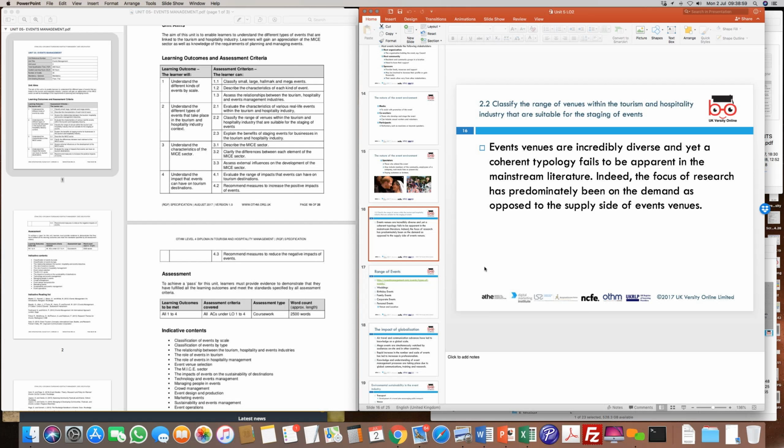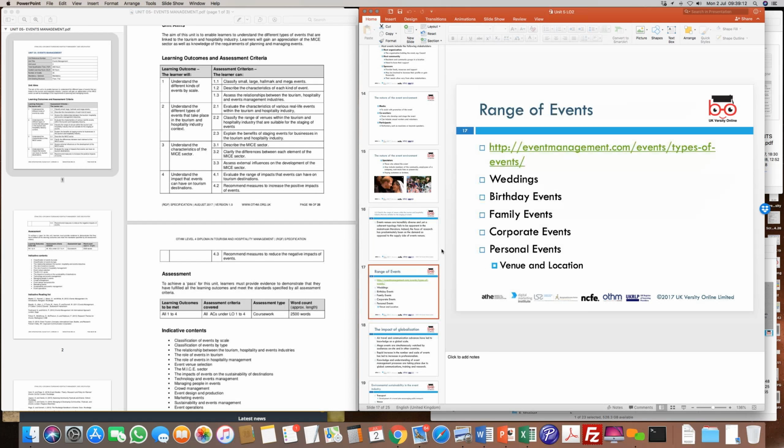It could be 4 types. And then when you talk about these 4 types, you can further detail that down into one of the types of events, and then choose the suitable venues and why these events happen in that location. For example, when I talk about a range of events, would be these kinds, but then what the task would ask you to focus on is the range of venues.